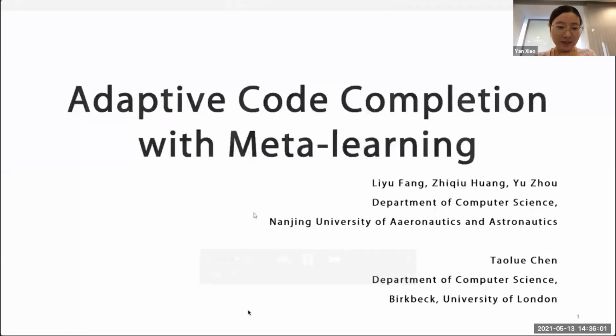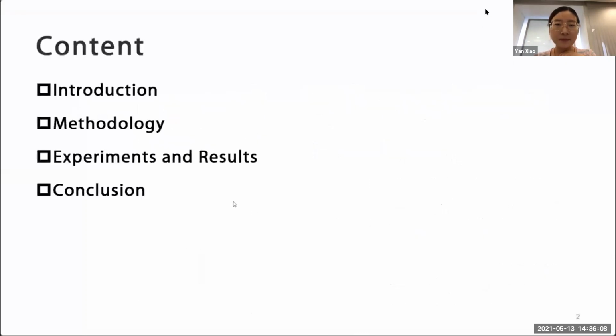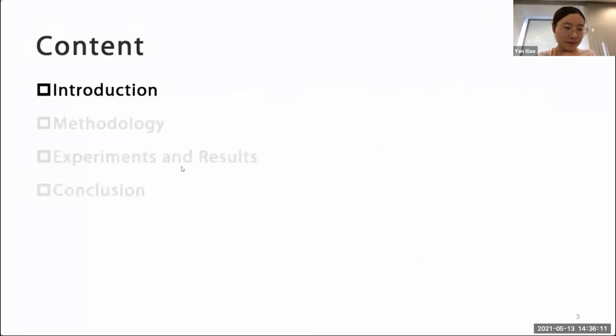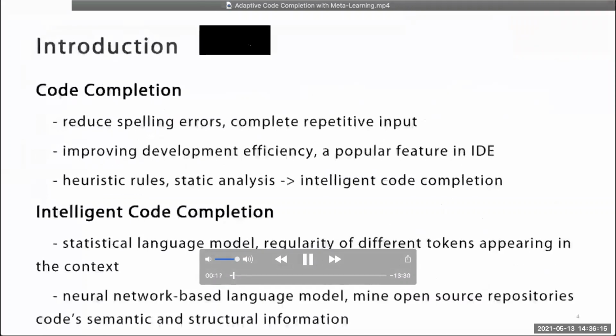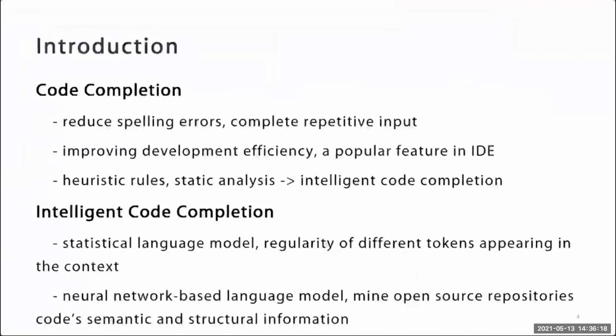Hello everyone, my name is Feng Yu. Today my topic is adaptive code completion with meta-learning. This is my content, and first I will give an introduction. In the field of software engineering, developers have always been concerned about how to improve their development efficiency. Code completion can effectively recommend the next code token, reducing possible spelling errors and effectively completing some repetitive input and